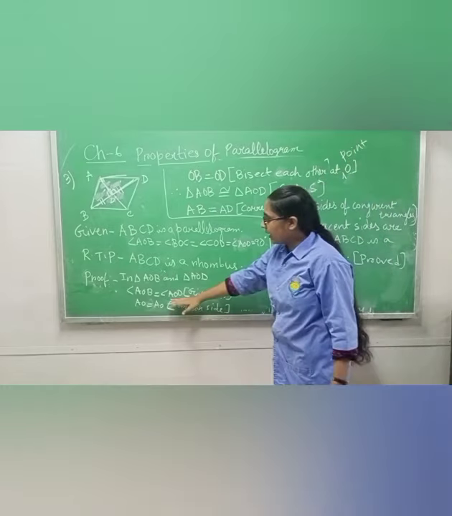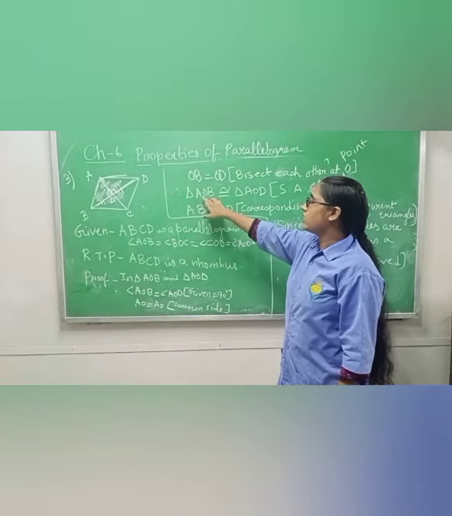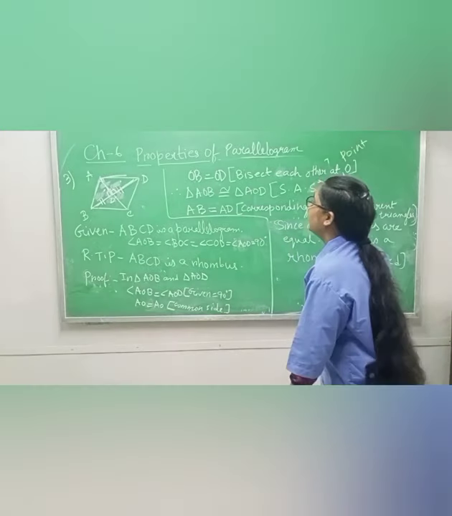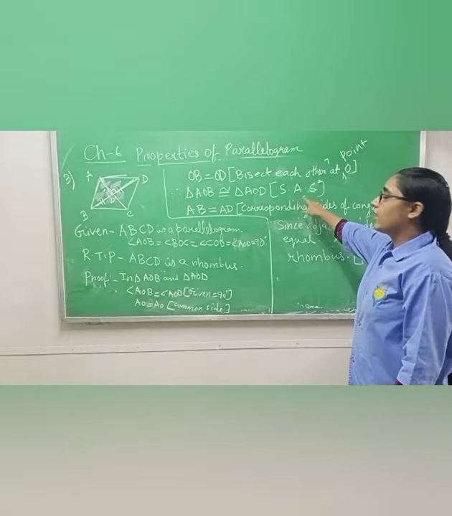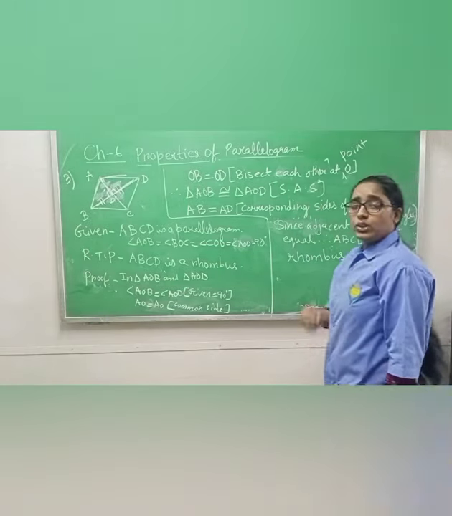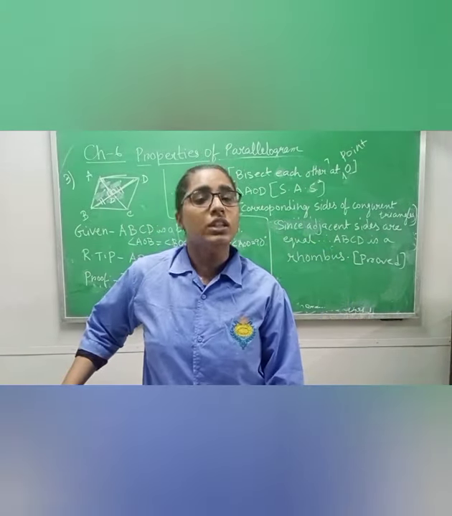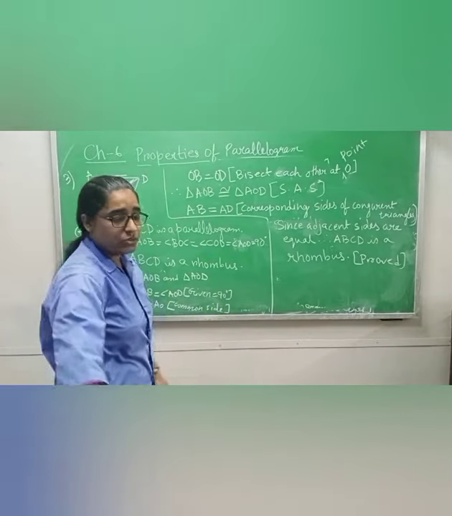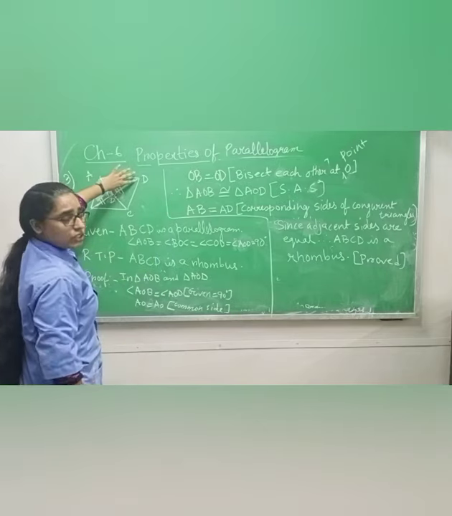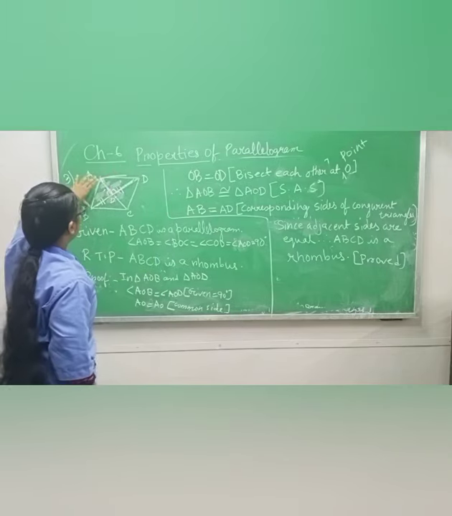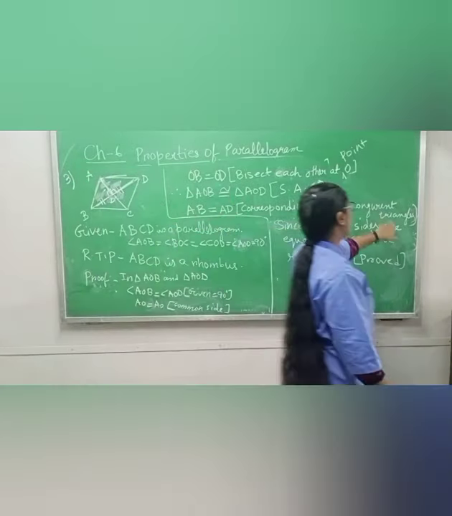Now we have proved one angle equal, one side equal, and a second side equal. It means that this triangle and this triangle are congruent. Therefore, triangle AOB is congruent to triangle AOD, by the side angle side property. When two triangles are congruent, its corresponding sides are also equal. This one is common, and for this one we have written that they bisect each other. Which one is left? AB and AD. That is why I have written AB equals AD, corresponding sides of congruent triangles.